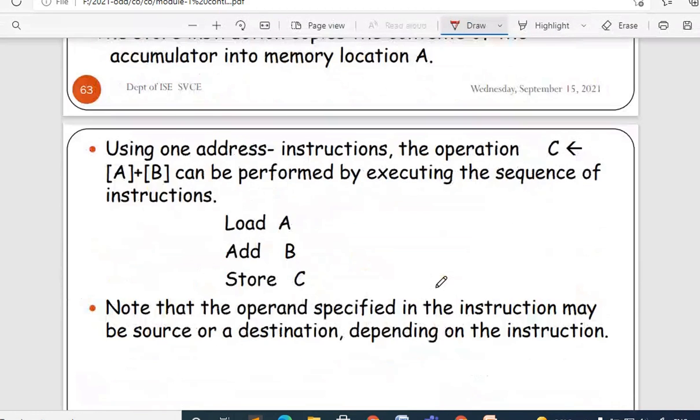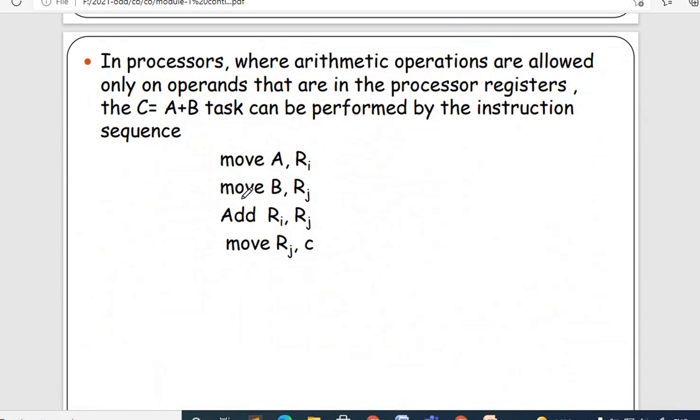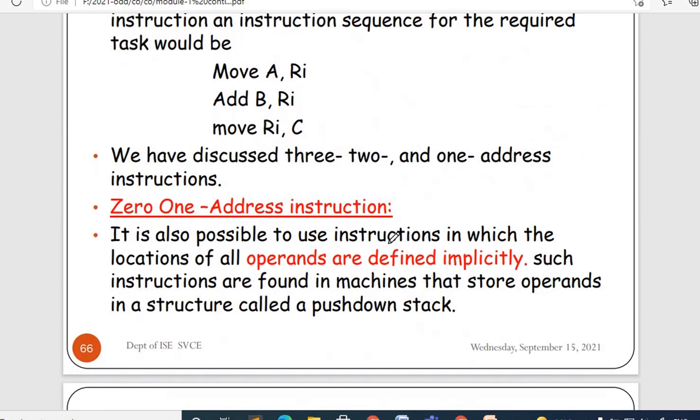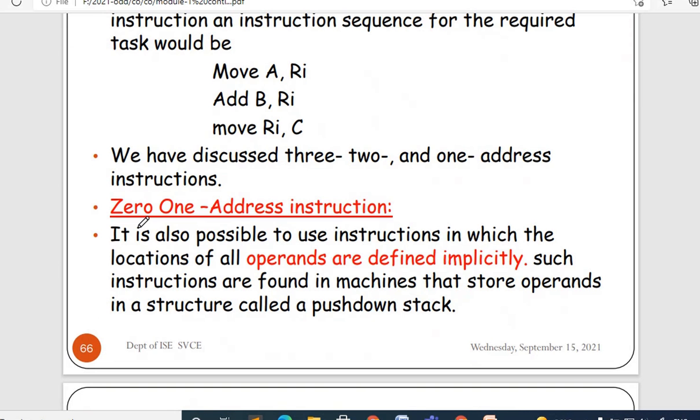Similarly, you can go with the zero address instruction. Instead of load and store, you can use a move instruction. Actually, it is the zero address instruction. It is possible to use instructions in which the location of the operand is defined implicitly. In the previous category, the one address instruction, only one operand is considered implicit and that is stored in the accumulator.